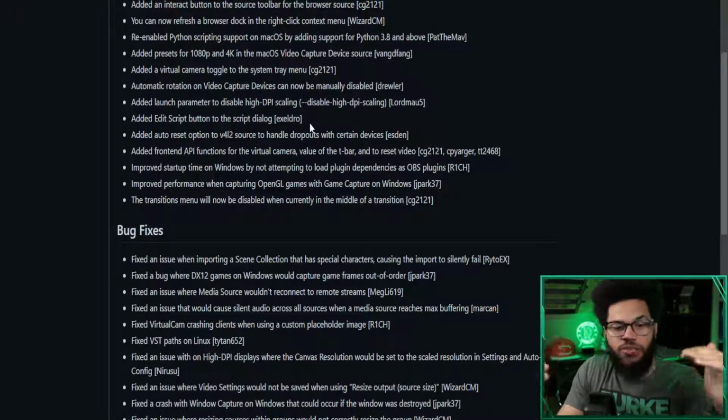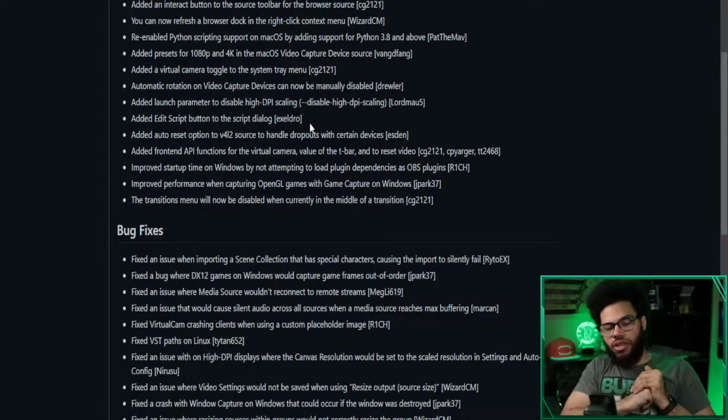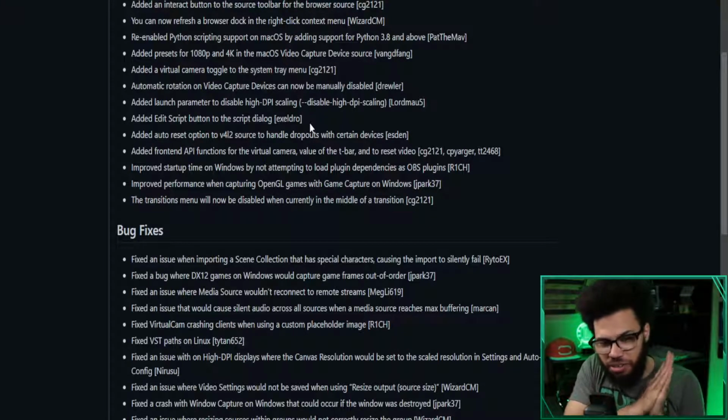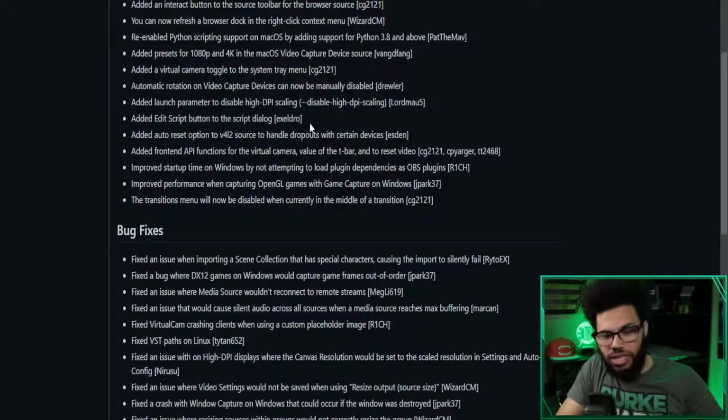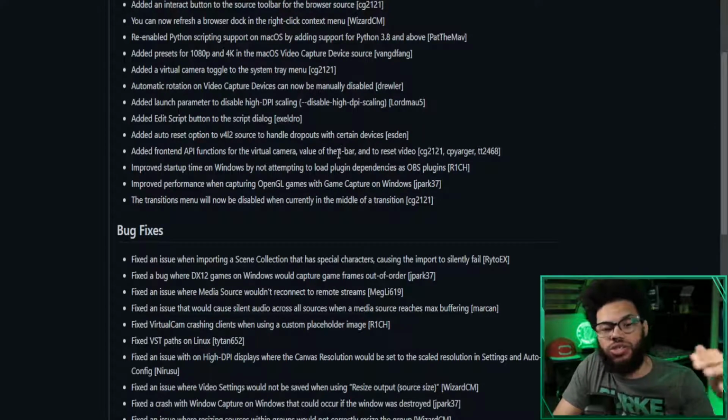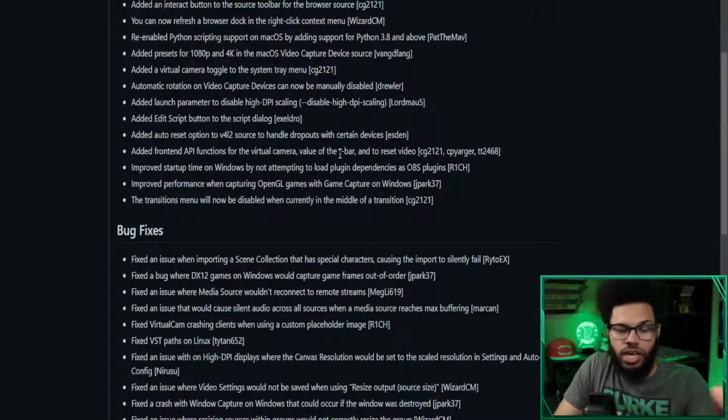It's been incredibly frustrating for game capture in the past in OBS. You've always had to either use display capture or you've had to use window capture, one or the other, in order to